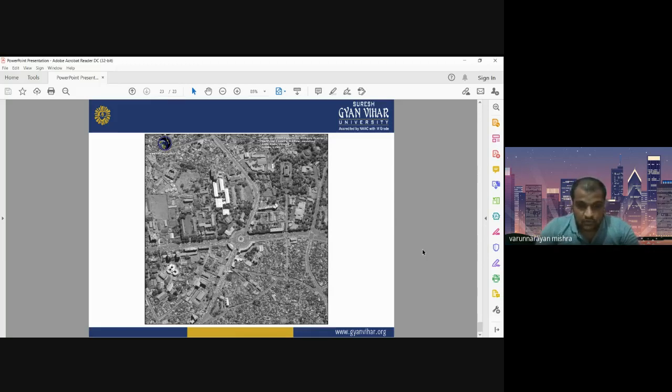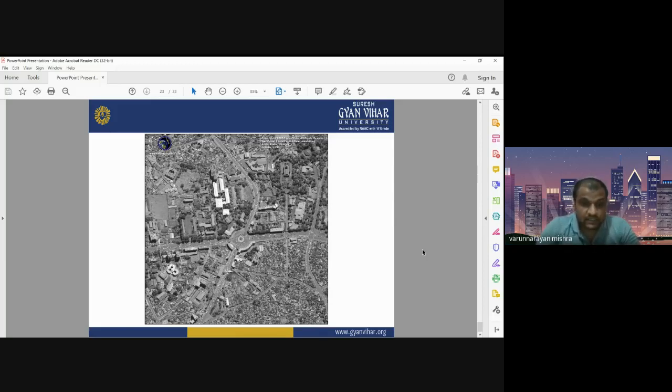Cartosat 1 has around 2.5 meter spatial resolution. Right now, India has a satellite that will provide data up to 0.65 meter or 65 centimeter.